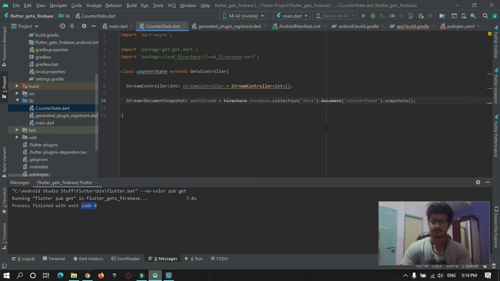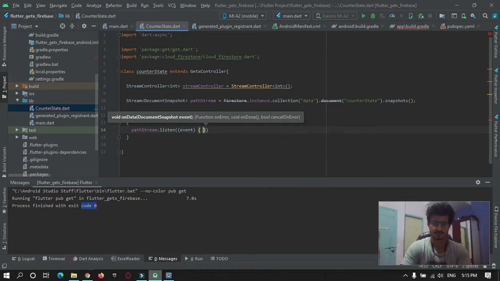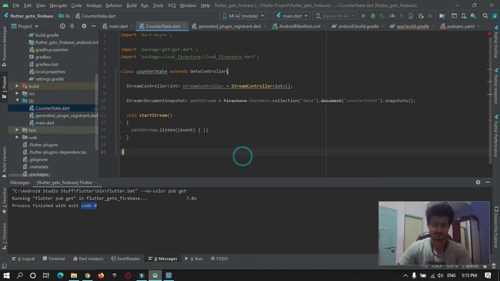Then here create one more function that will be used to start the stream. We will name it start stream. Here create a listener: path stream dot listen to the path.